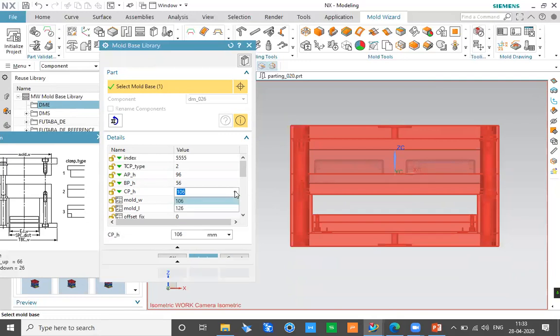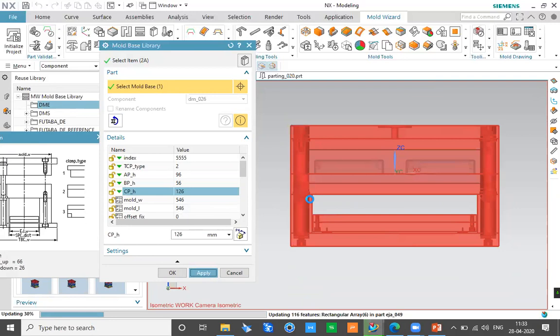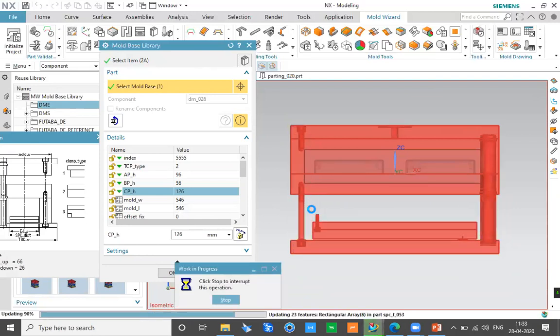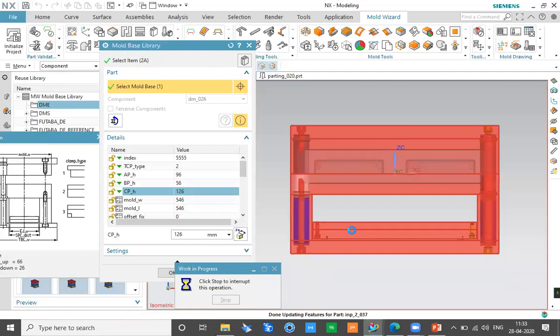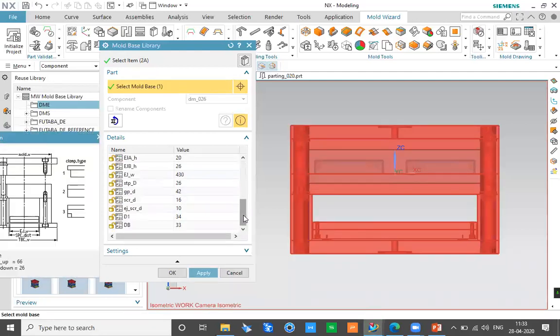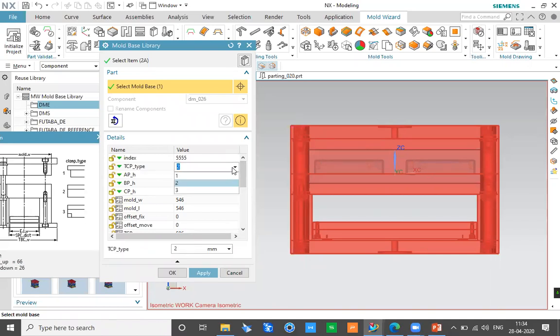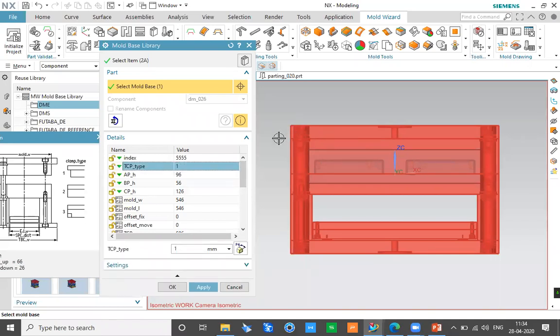Now, apart from that, let's say I want the spacer or the side blocks to be of a bigger height. I can decide that, and I can increase the height of this particular part as well. If I want to change the height of the ejector plate and ejector back plate, I can define all that very simply over here. We also have the mold base width and mold base length, which is 546 mm by 546 mm. If you want to reduce or modify the length and width, you can do that. We also have the top plate configuration and the type of top plate. For example, if I don't want this kind of top plate, I want some extra part to come out from here for the clamping.